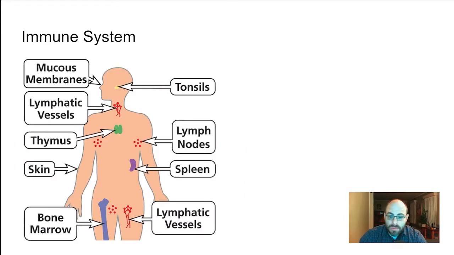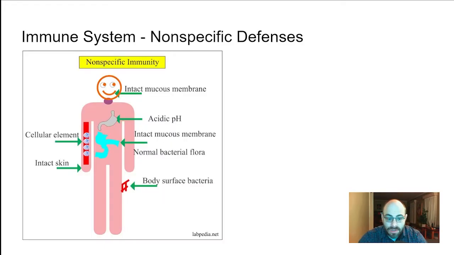That brings us to the immune system. The immune system is there to fight pathogens, foreign invaders in the body, and prevent further infections. There are two kinds of things going on in the immune system. First is non-specific defenses. These defenses don't defend against a particular threat, but against any threat. It's kind of like walls. It's protecting against anything that might want to come in.